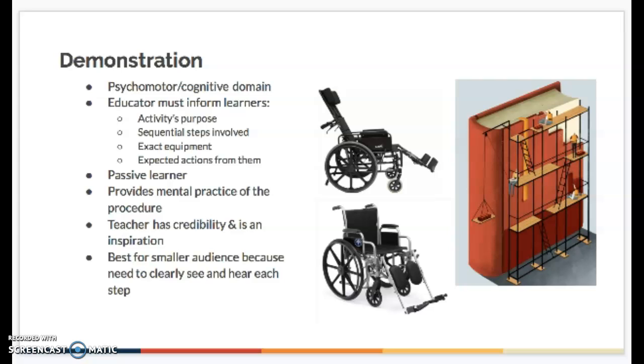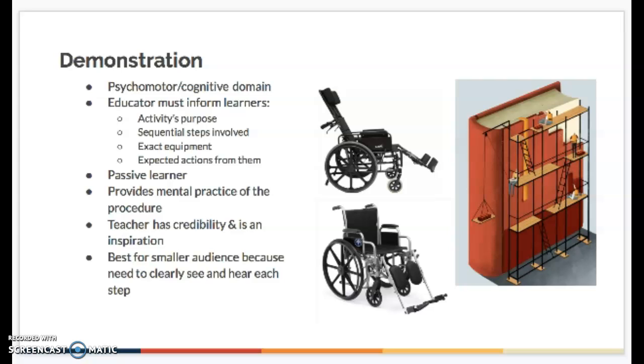Using the exact equipment that a student needs to learn is also important here. An example of this is shown in the two different styles of wheelchair on this slide. If you are teaching your client how to use a reclining wheelchair in the hospital, you should not use a basic wheelchair to demonstrate it, because when they are discharged and go home with the former kind, they might feel anxious and frustrated for not knowing how to use it.